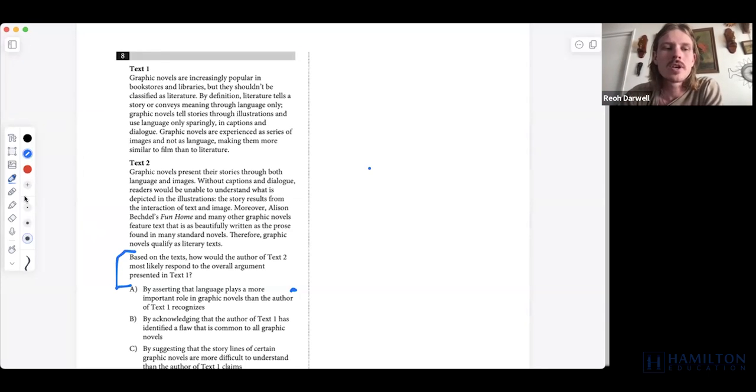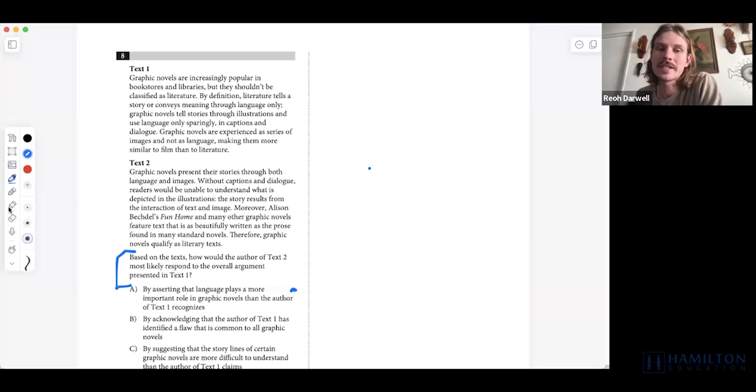So text 1, quickly summarized, says basically graphic novels shouldn't be classified as literature because their story relies on images. And because they rely on images, more like a film, not on language, which is what literature requires, they can't be literature, right? So by focusing or relying on images rather than language, written word, graphic novels shouldn't really be considered literature. That's text 1. Text 2 says